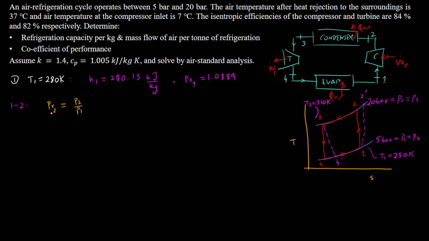And over here, we've got PR1, it goes on the other side, so it's PR1 here. And P2 we've got 20, and P1 is 5, so it's going to be 20 by 5, which is 4, and multiplied with PR1, which is 1.0889. And you can just evaluate this, and this is going to give us PR2, which is going to be